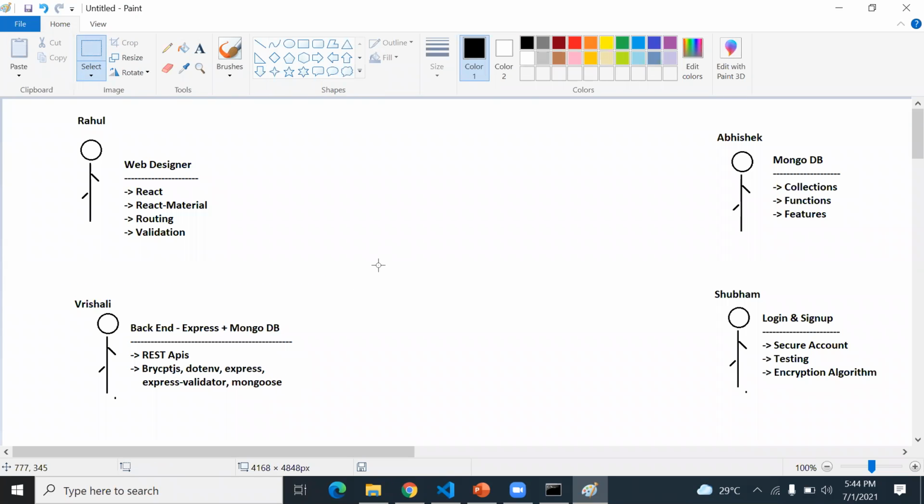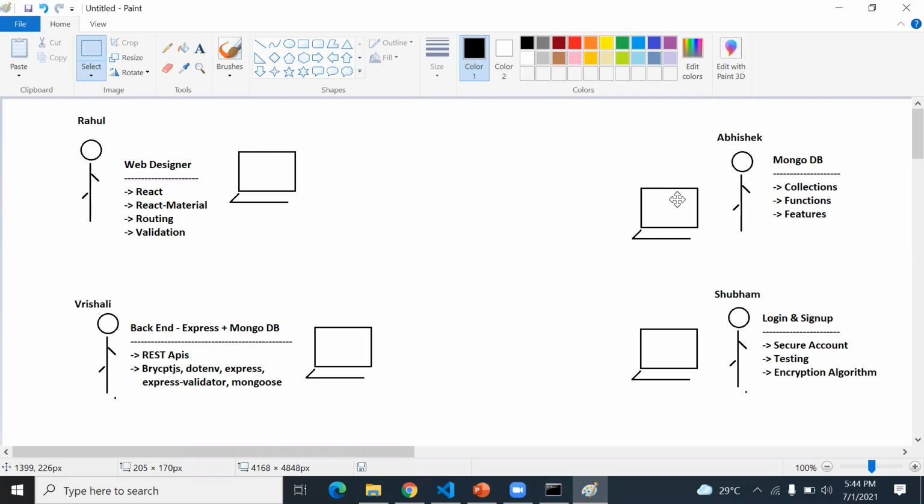Now they all want to contribute to the project together. They have their own systems for development. They have their own laptops for the development. Now they want to contribute to the project together to run one single application.